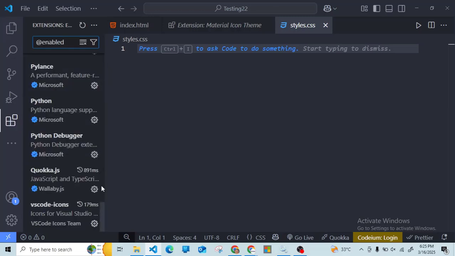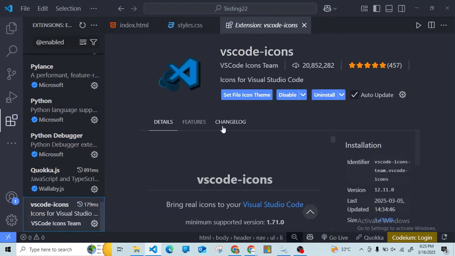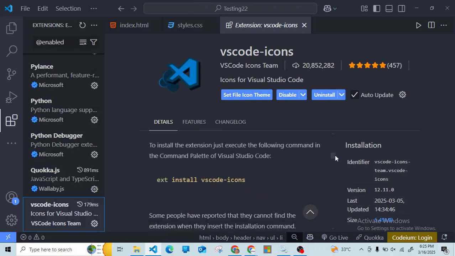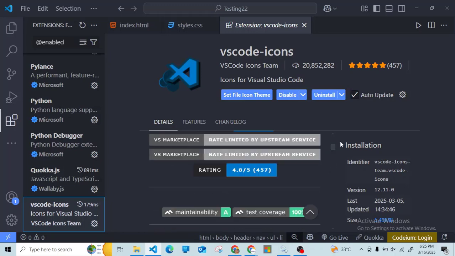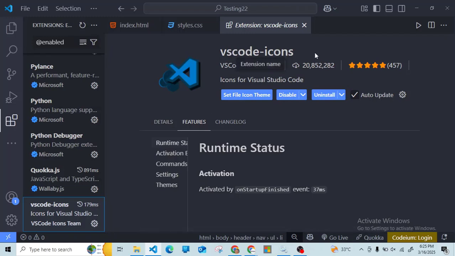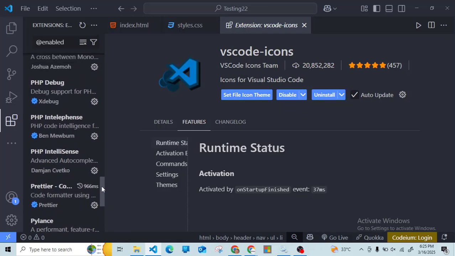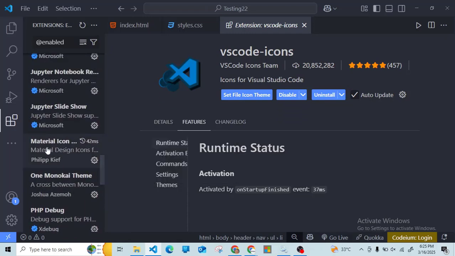You can go ahead and install and activate. Then another one attached to that is this VS Code Icons. I also have this one installed and activated. All right, so it also helps to set your icons and they are looking so nice. So if you want, install the two: VS Code Icons, you install it, you activate it. The other one is, where is it again? The other one is Material Icon